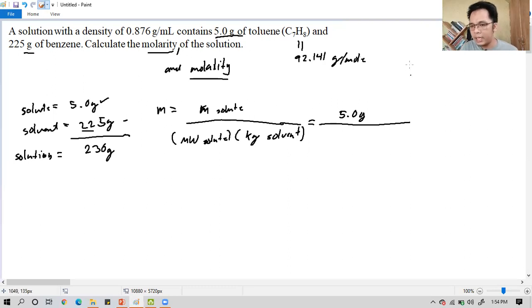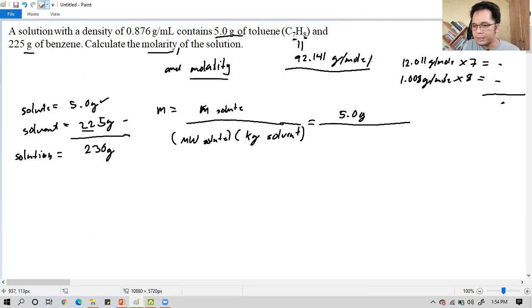So that it is clearer, the atomic weight of carbon in the periodic table is 12.011 grams per mole times how many are present in it? That is 7. So we will have a value here. And then for hydrogen in the periodic table, the value is 1.008 grams per mole times, of course, how many are present? 8. Then we have values here, and then you add the two and you will yield this value. Just get the sum to get that value. So our molecular weight is 92.141